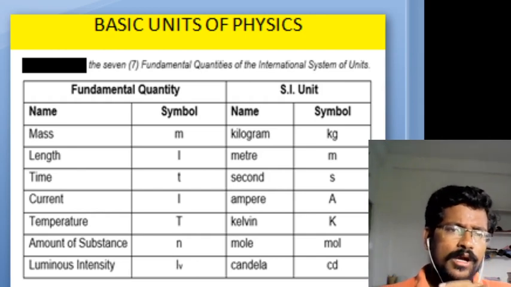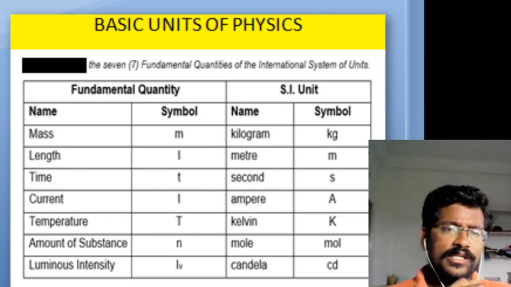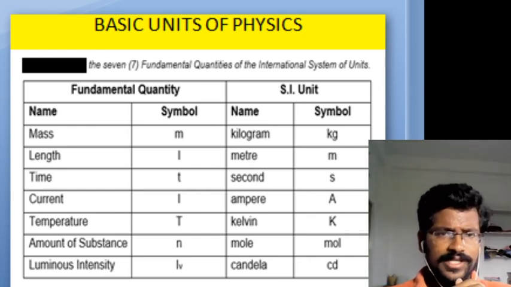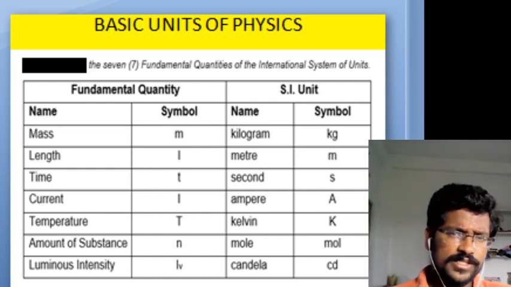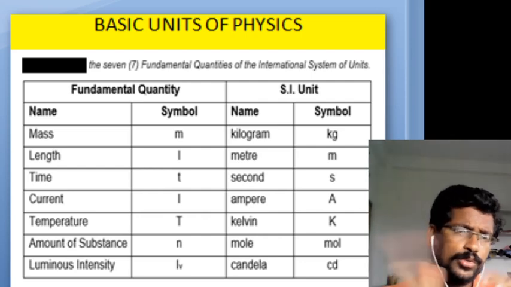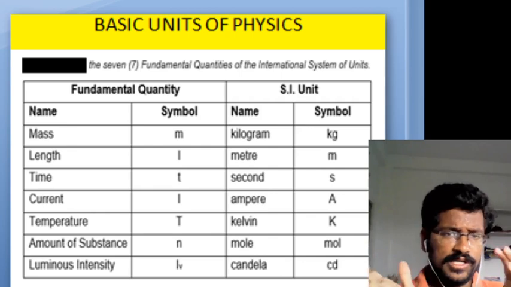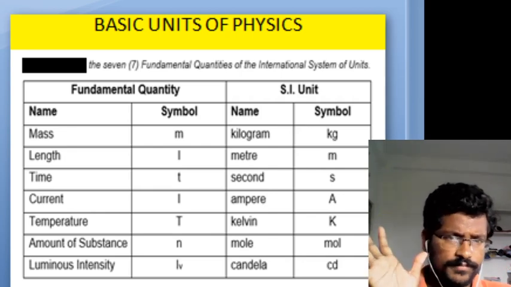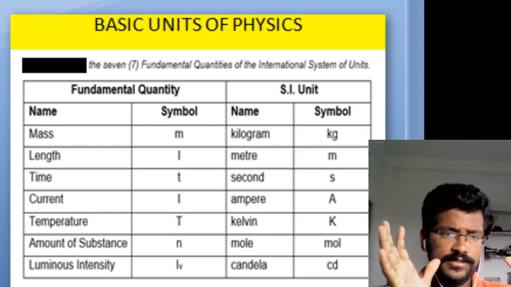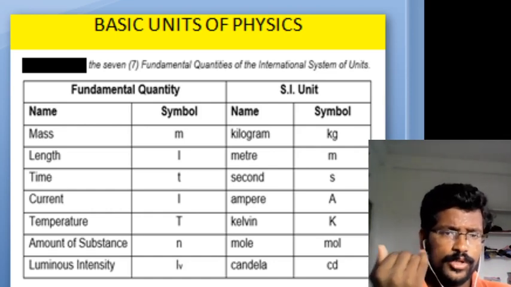Length is measured by the distance between any 2 points. The SI unit of length is meter, and the CGS unit is centimeter. Now we are going to the time. Time is the observation between any two points, the time interval. The SI unit of time is always seconds, for CGS or SI. Now we are going to current.